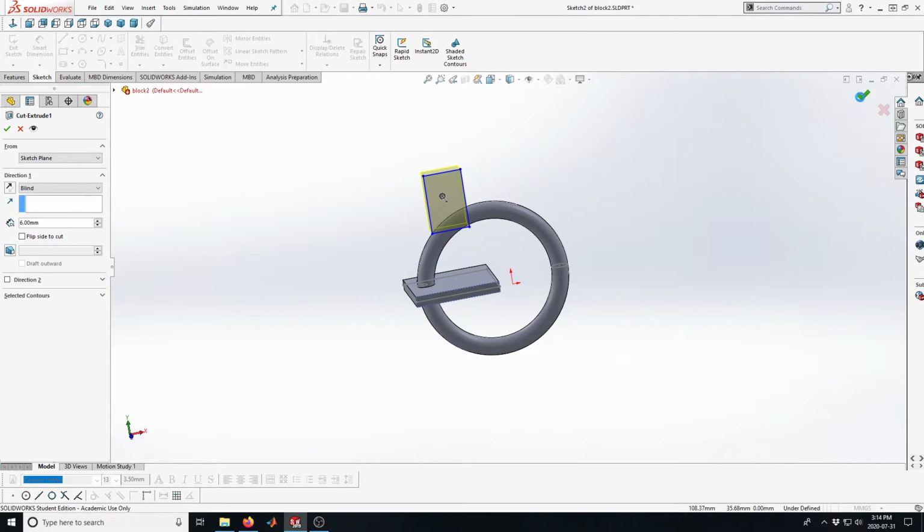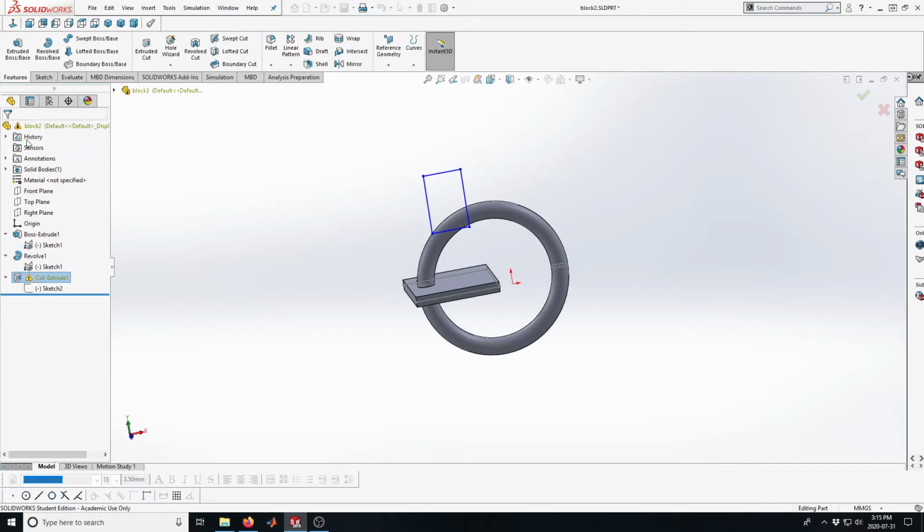So I can see that that's a problem. If I try and click the check mark, it will keep giving me the error and it won't let me go back. So I'm going to have to click cancel, and now it's showing me this highlight. So it's changed its error message, but it's the same problem. The only way to fix it is to go and open up the sketch,